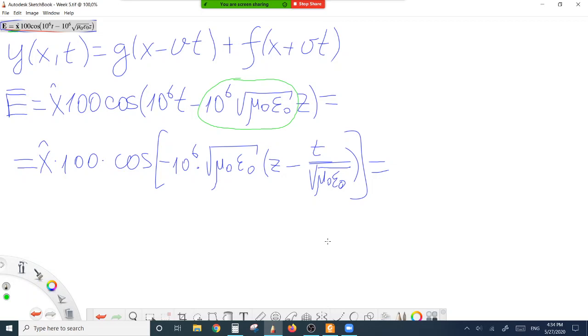So we know that 1 over square root of mu 0 epsilon 0